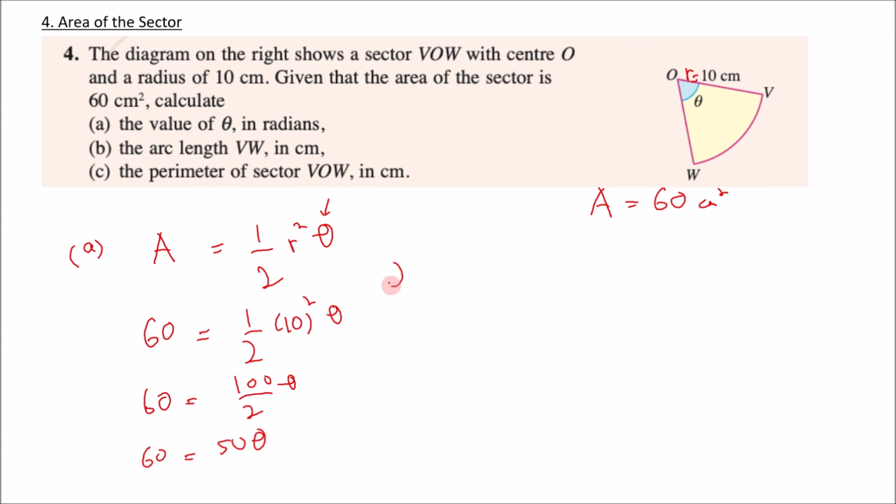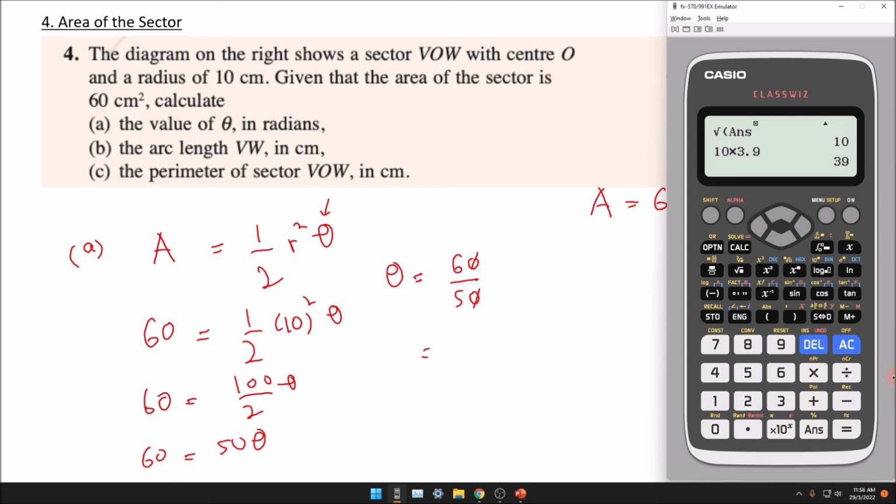So 60 is equal to 50 times theta. When we want to move the 50 to the other side, we divide. So we should get 6 divided by 5,